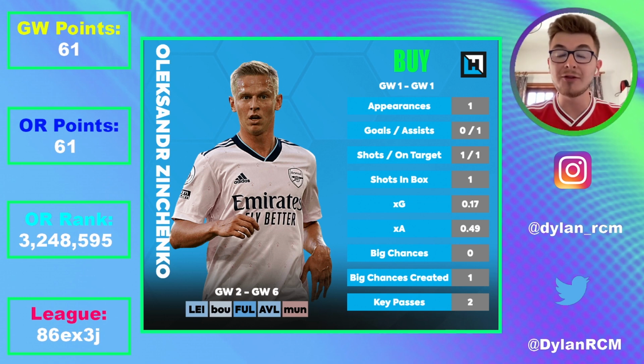And his ownership is 23.3%, and he is the second most transferred in player this week with over 480,000 at the time of this recording. And I think he's a good option. I still think Ramsdale might be the better defensive coverage for Arsenal, but if you already have that set and forget goalkeeper, I wouldn't want to make a goalkeeper transfer, especially so early on in the season, and you don't have triple Arsenal yet, whether it's in the attack or the defensive coverage, then I think Sinchenko